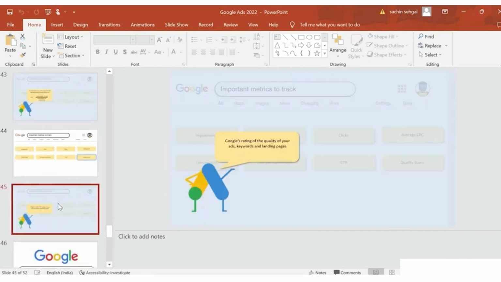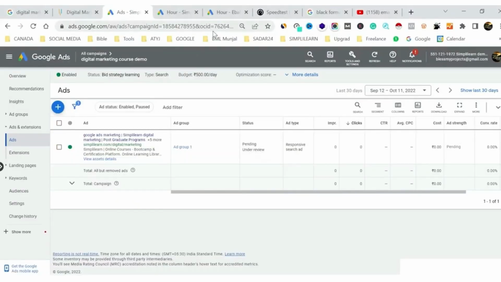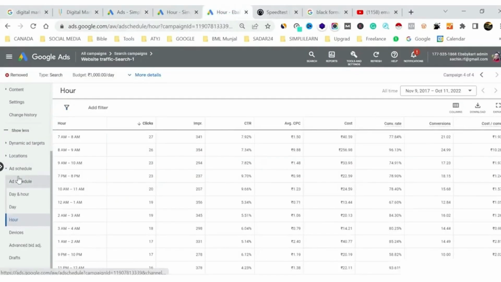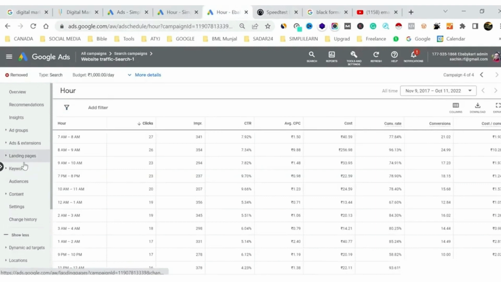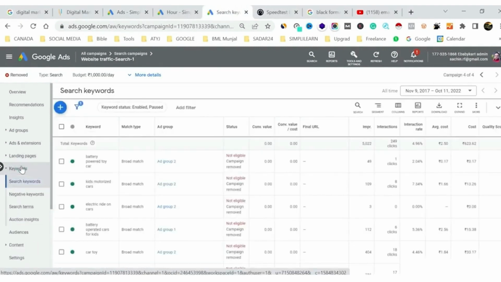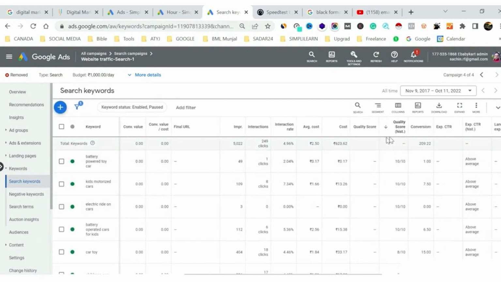Quality score is completely a back-end part which works to improve our ranking. It is given out of 10, and for an ad which is already created, like this campaign, if I go to the keywords, every keyword has been given a quality score out of 10.